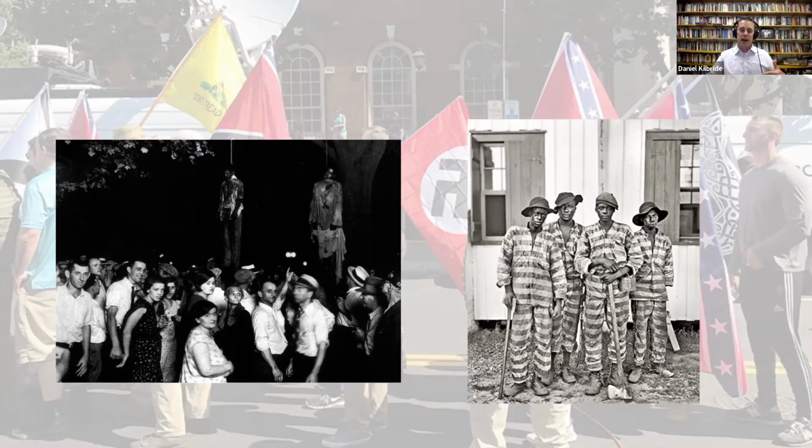They did this by terror, and lynching is a form of terrorism. You see the white people in this photograph, obviously with no fear at all of retribution, no fear that somebody's going to arrest them for hanging these two black men. The message of lynching, of course, to black people is that nobody is coming to help you. You live at the mercy of white people in the South, and you better not cross that invisible line that we've erected to separate white from black, right?